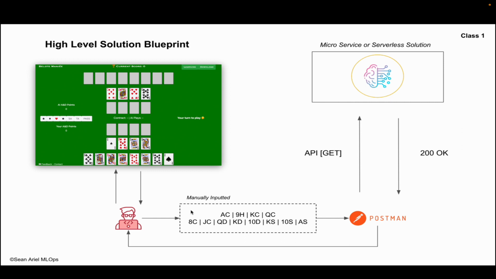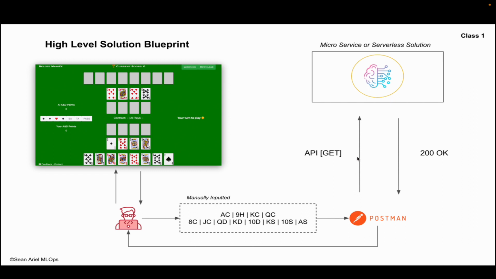Like we're just going to tell our model, hey, I'm being dealt the ace of clubs, the nine of hearts and the king of clubs. And based on this, I would want you to tell me whether I should play this hand or not. And so essentially what we're going to be doing, and don't worry too much about the details for now,